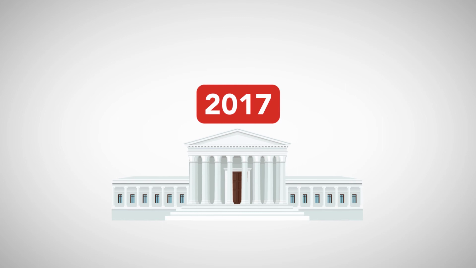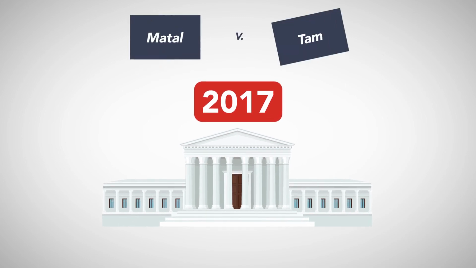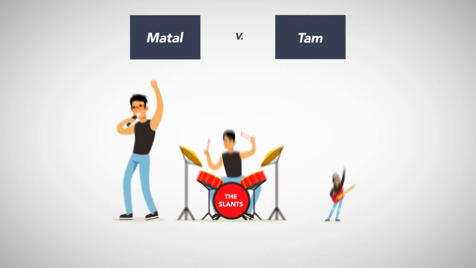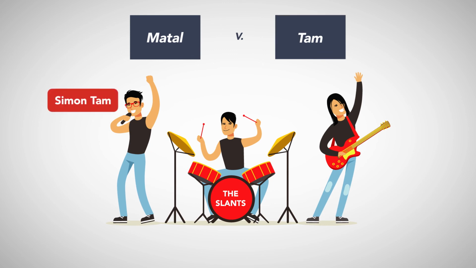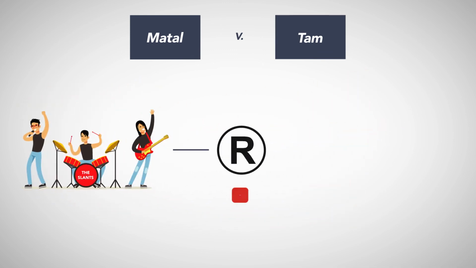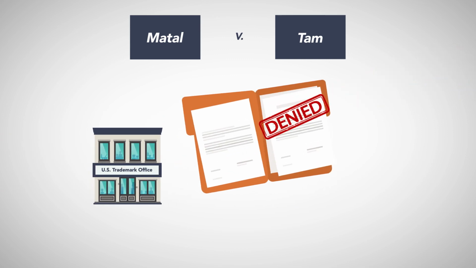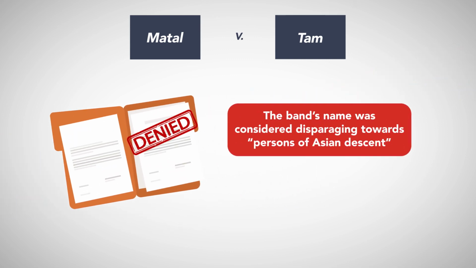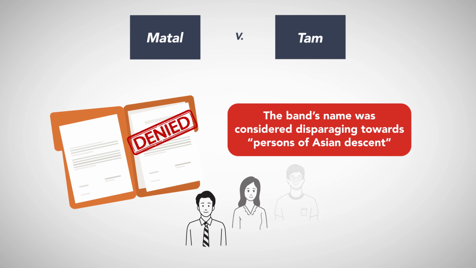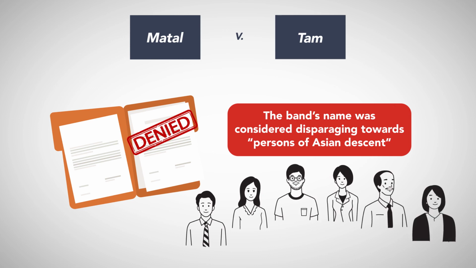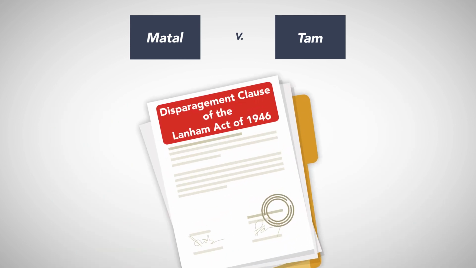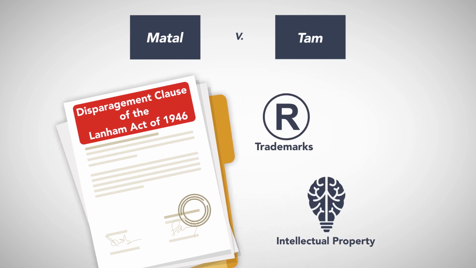In the 2017 Supreme Court case, Matal v. Tam, the musical band The Slants, led by vocalist Simon Tam, attempted to trademark its name with the U.S. Trademark Office. The government agency denied its application because the band's name was considered disparaging towards persons of Asian descent. The denial cited the Disparagement Clause of the Lanham Act of 1946, the law that covers trademarks and other intellectual property issues,